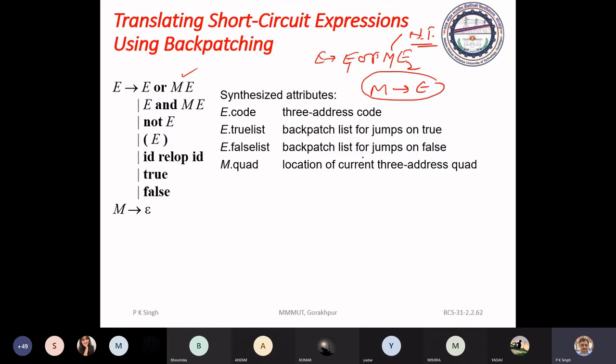At that level, you have to evaluate E2, and you just see its translation is E1 true is E true, E1 false is E new label,